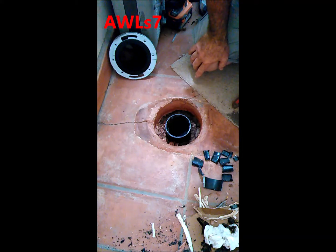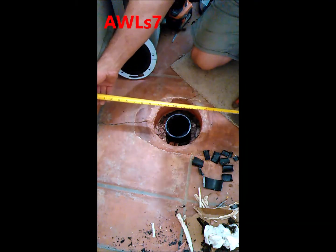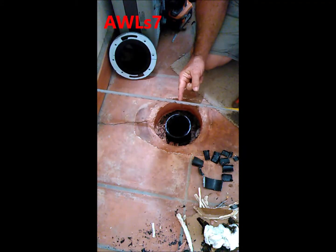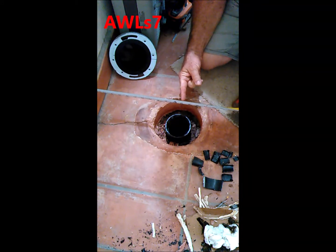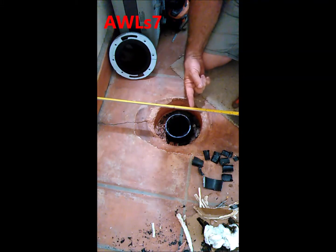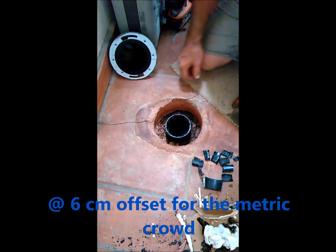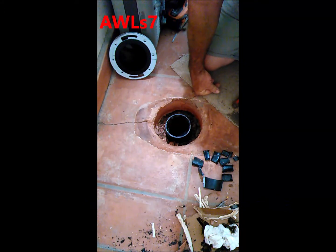Okay, quick video for you plumbing aficionados out there that have run into a problem similar to this. What I have here is an older toilet that had the 12 and a half inch bolt center line on it, and I'm upgrading to a newer toilet that has a 10 and a half. So I had to move this in 2 inches, and so I tore out the old ring,